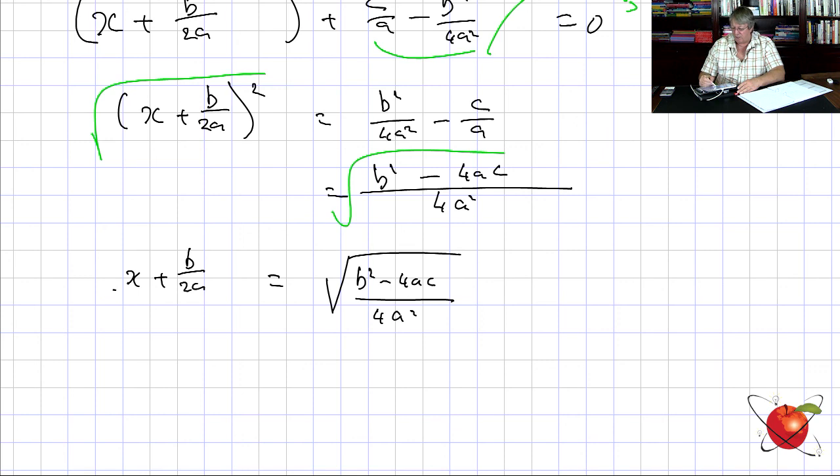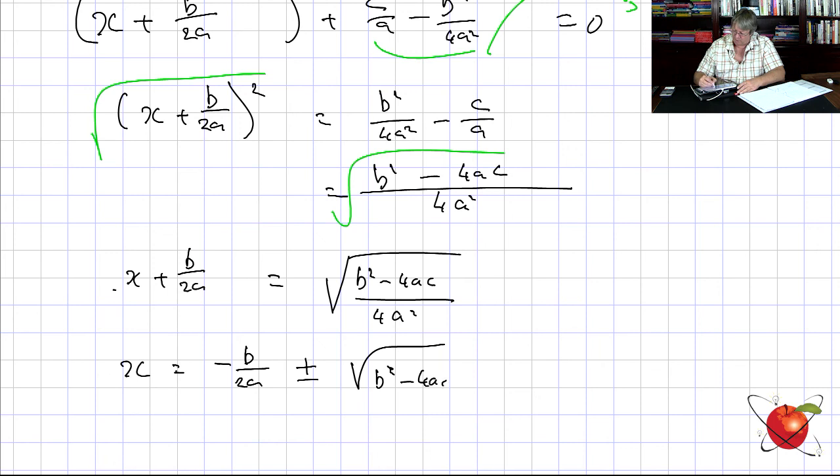I can take that out, but let's just finish. x is equal to minus b over 2a plus or minus the square root of b squared minus 4ac all over 2a,